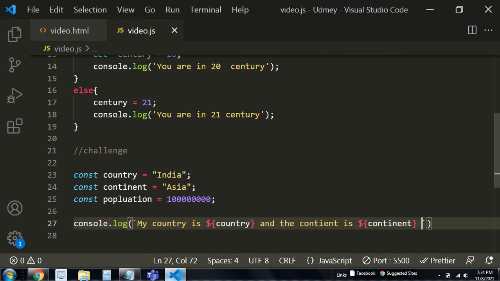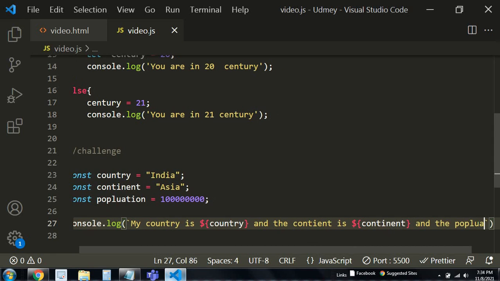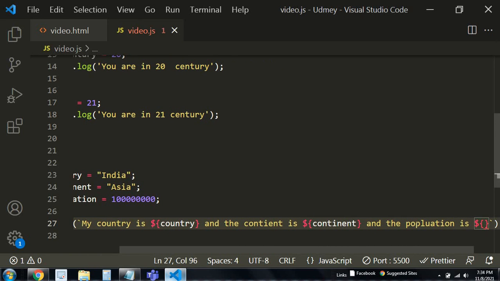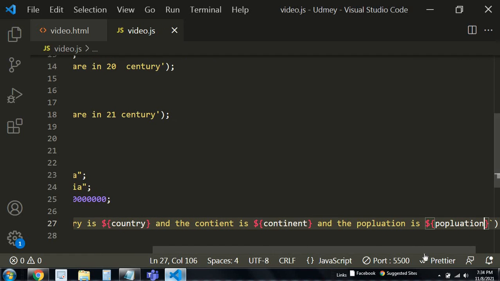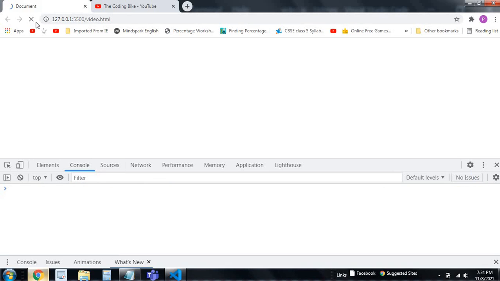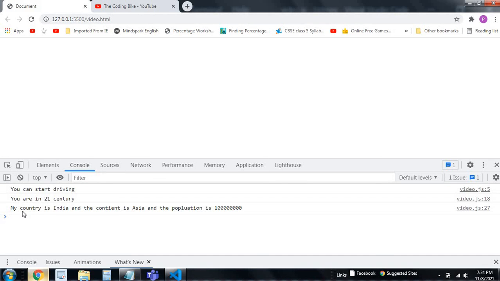The continent is Asia, and the population is, you can just type population here. Now just close it, and you can see that it's coming. My country is India and the continent is Asia and the population is 100 million.